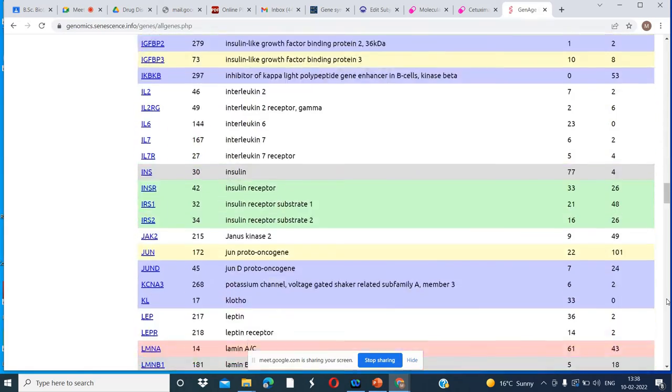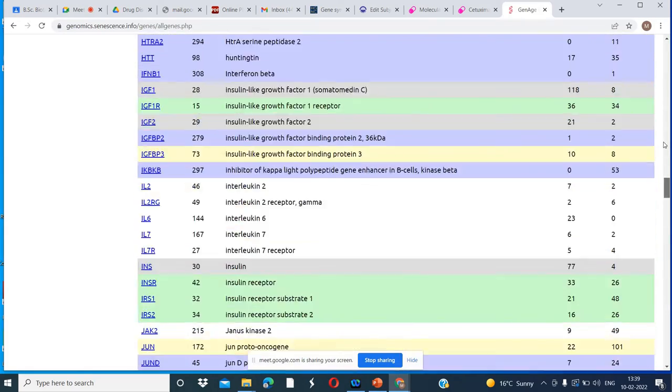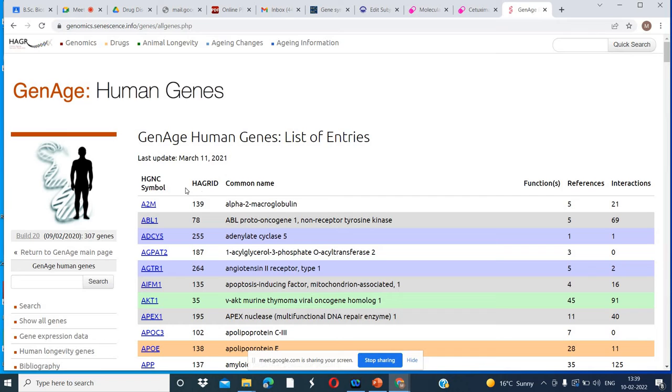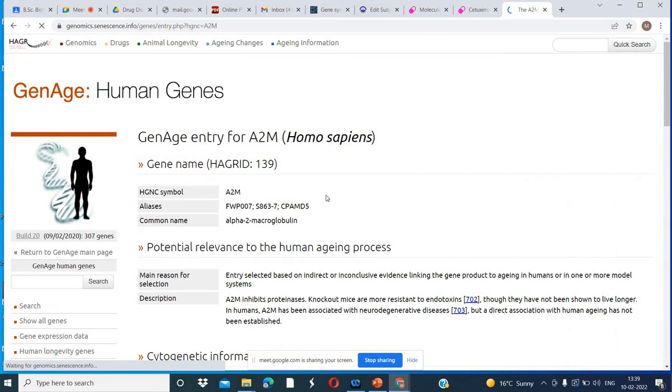Okay. This page also contains a lot of genes. So if we click on this, what do we get? We get the reason for selection, and the description is given here. A2M inhibits proteinases. Knockout mice are more resistant to endotoxins.